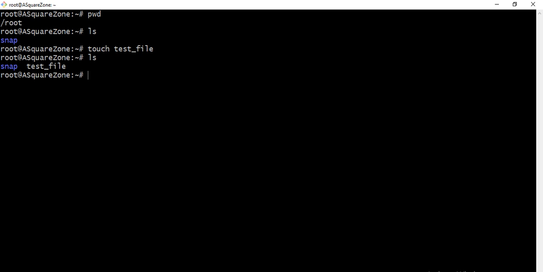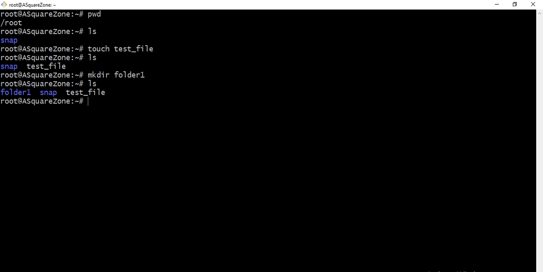If we want to create a directory, we can use mkdir, that means make directory, followed by the directory name. I'm going to give folder1. So the directory is created. Again we will see, using the ls command we can get the folders list as well as the files list. You can see the difference between directories and files.